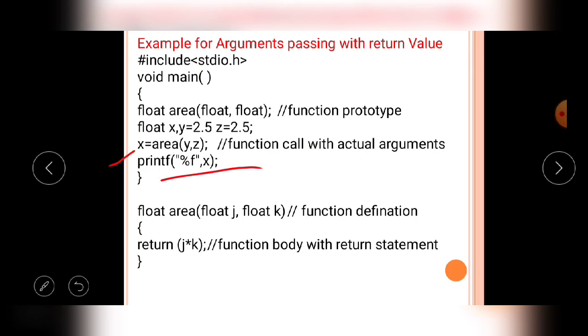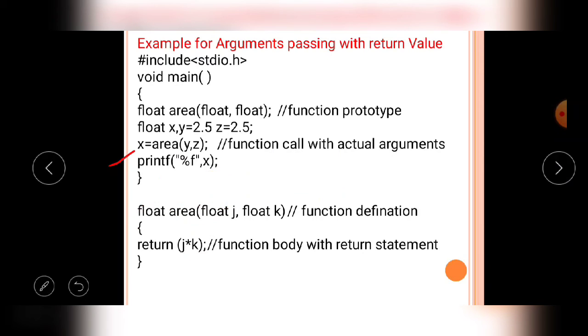In this example we clearly understand the user defined function of area. The area user defined function receives two values as arguments, then after completion of the execution it returns a single float value to the caller function again.